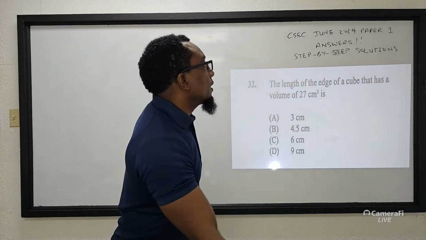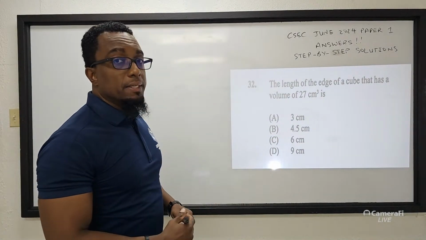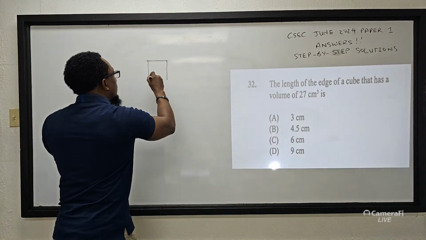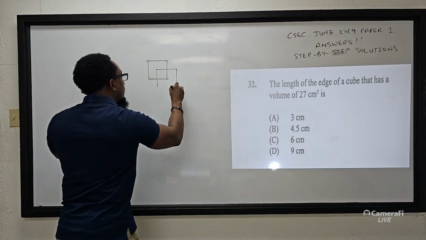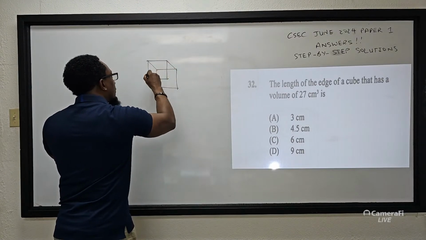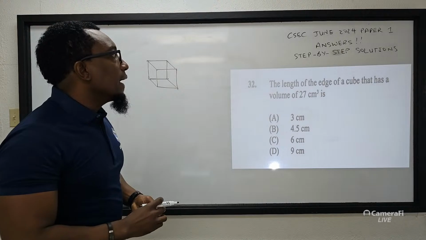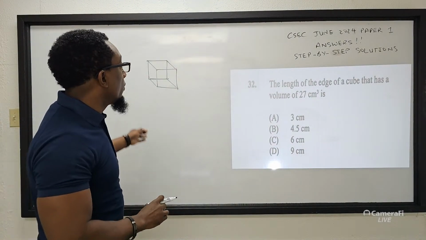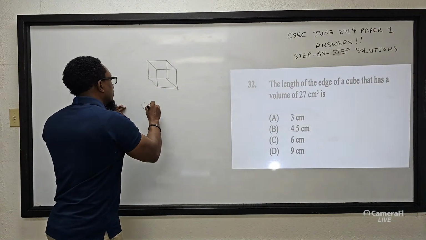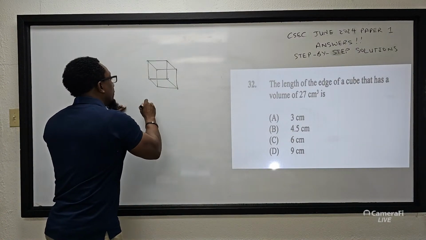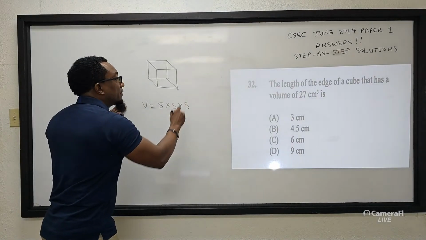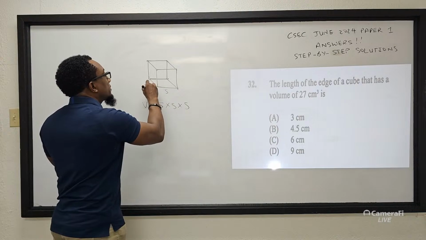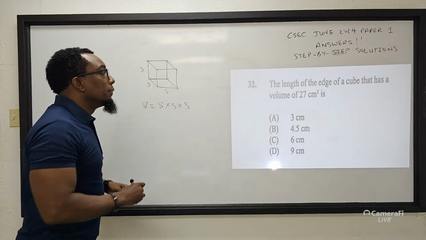The length of the edge of a cube that has a volume of 27 cm cubed is. So we have a cube, and the length of the edge of a cube that has a volume. So the volume of this cube is, and the volume of a cube is side by side by side, right? So if this is side, that is side, and this is side, we want to determine